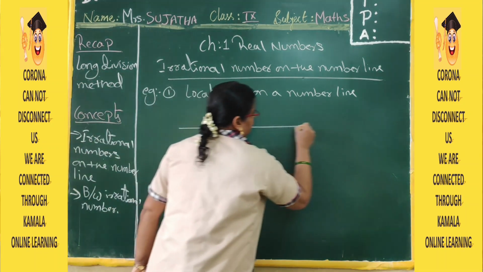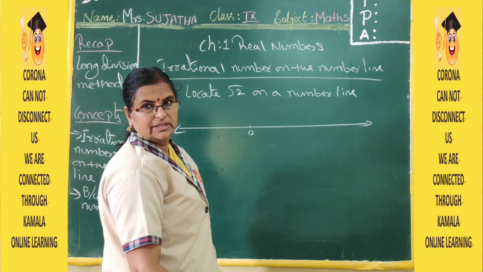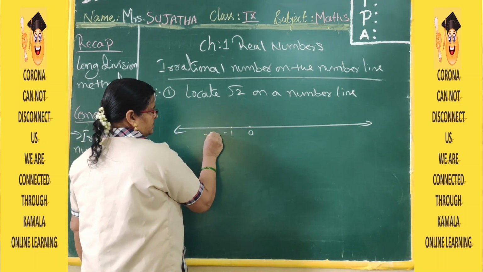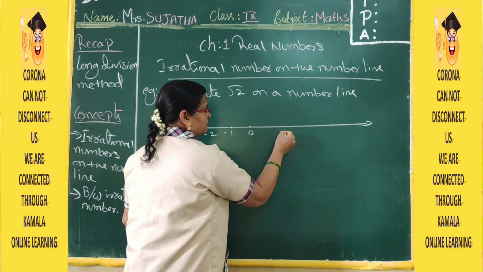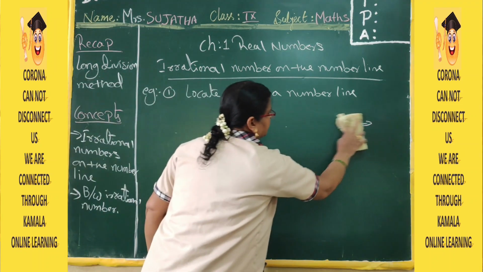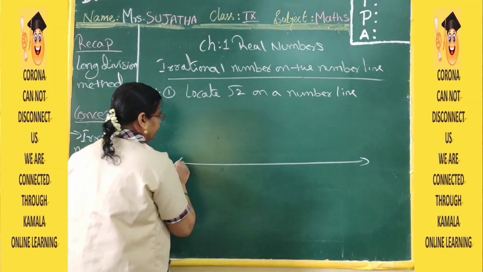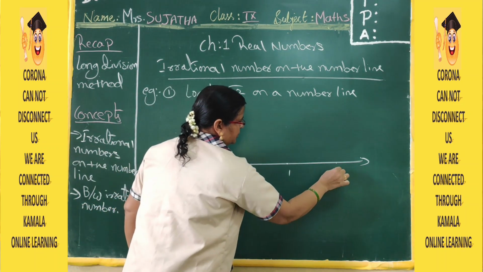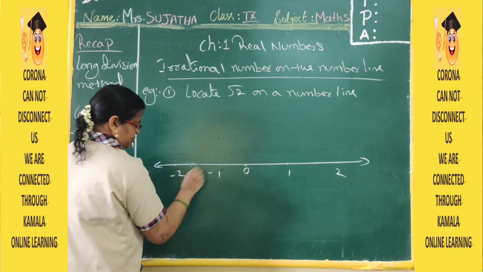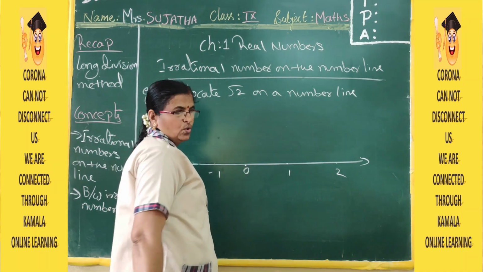Here also you have to take a number line. Start with 0, and here you can take negative numbers -1, -2, and here positive numbers 1, 2. Then how can we represent it? We will take the space down, more down, because we have to draw the arc also. So here I am taking 0, 1, 2, and -1, -2. This is 0, which we can also call O.